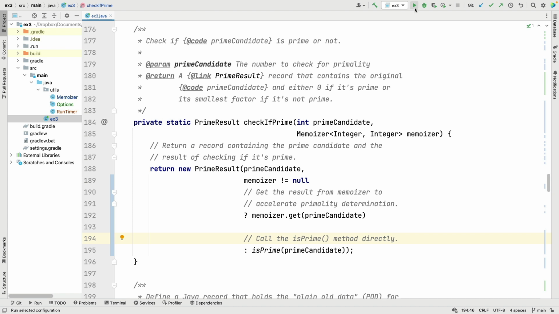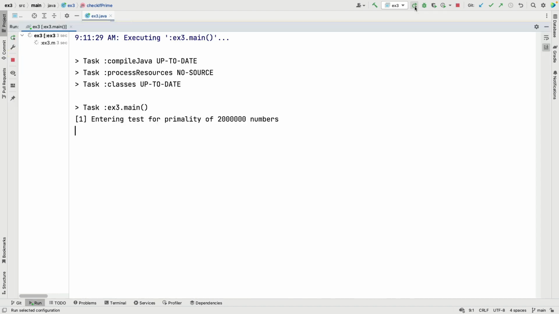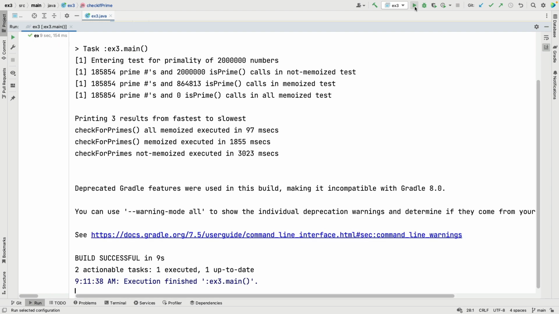So now that we've walked through the implementation of this particular case study, let's run it and see what the results look like. As you can see, we're testing the primality for 2 million numbers, and as it runs, it prints the statistics. As you can see here, there were roughly 185,854 prime numbers in that list of 2 million numbers. When we didn't use the Memoizer, there were 2 million calls to isPrime. When we used the Memoizer the first time, you can see there were many fewer calls to the isPrime method, basically only